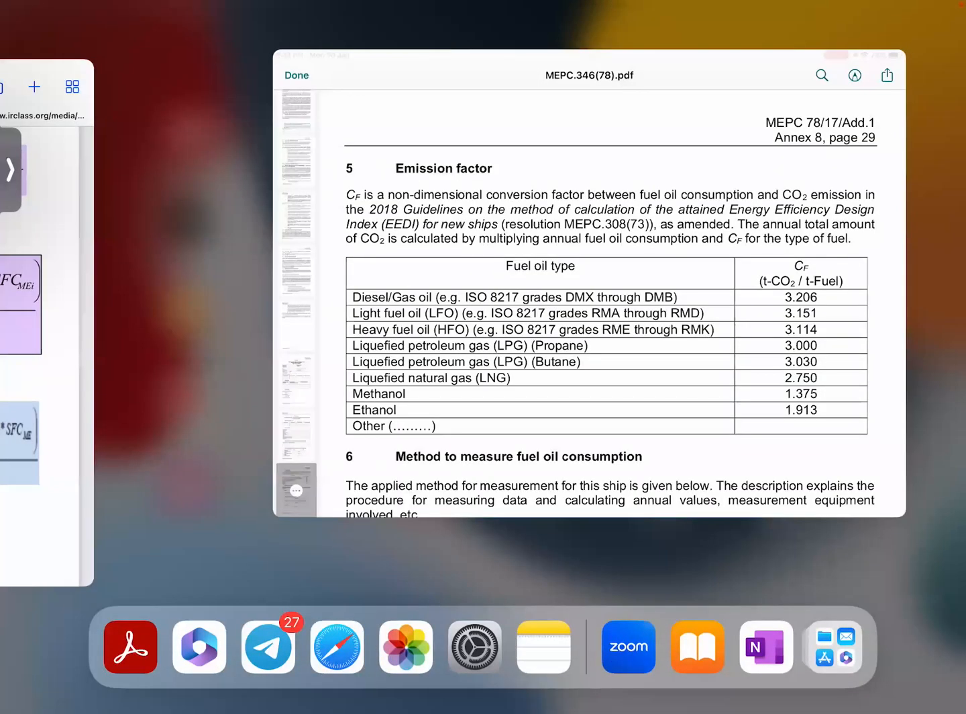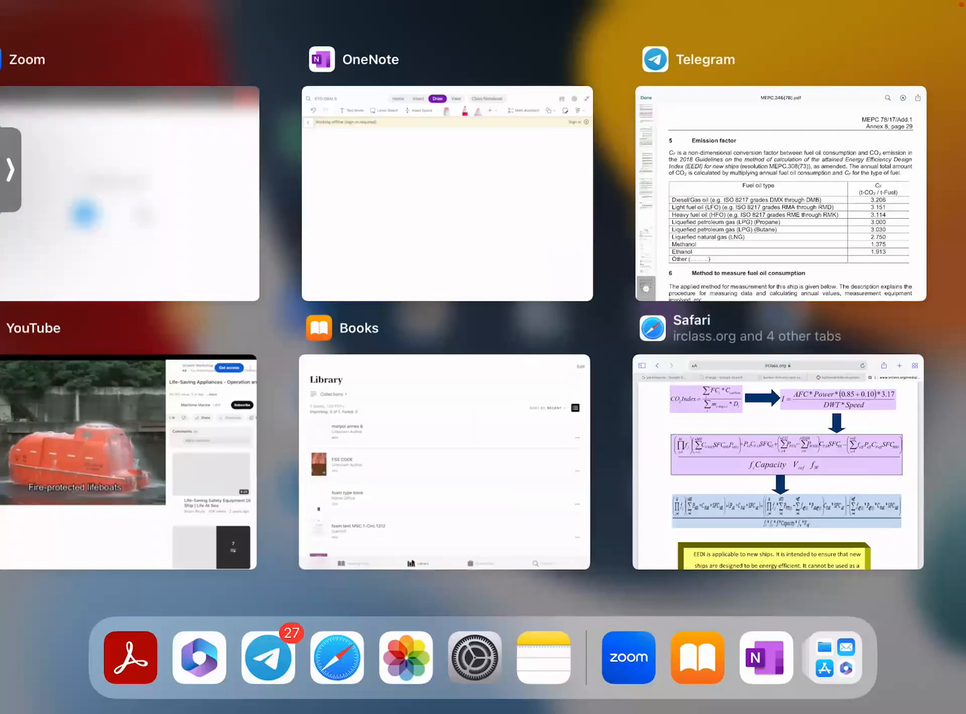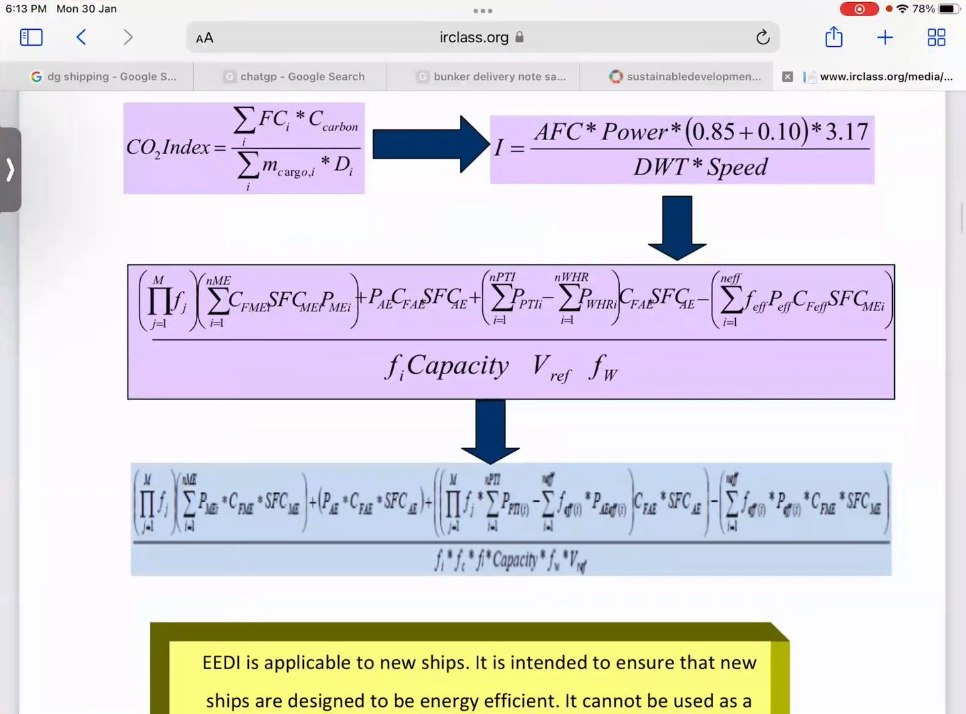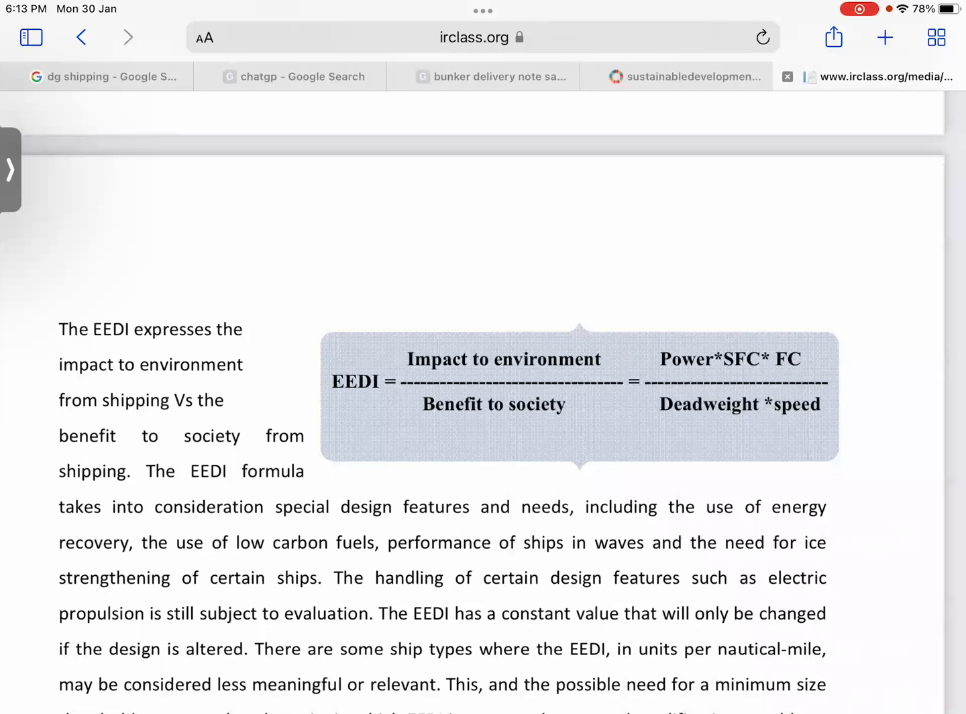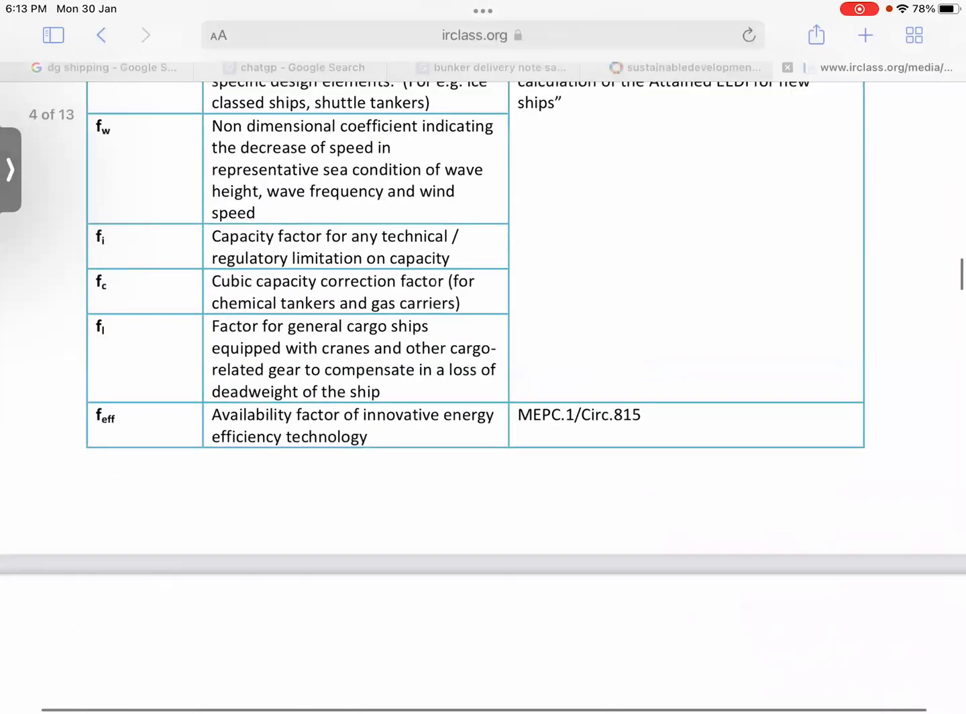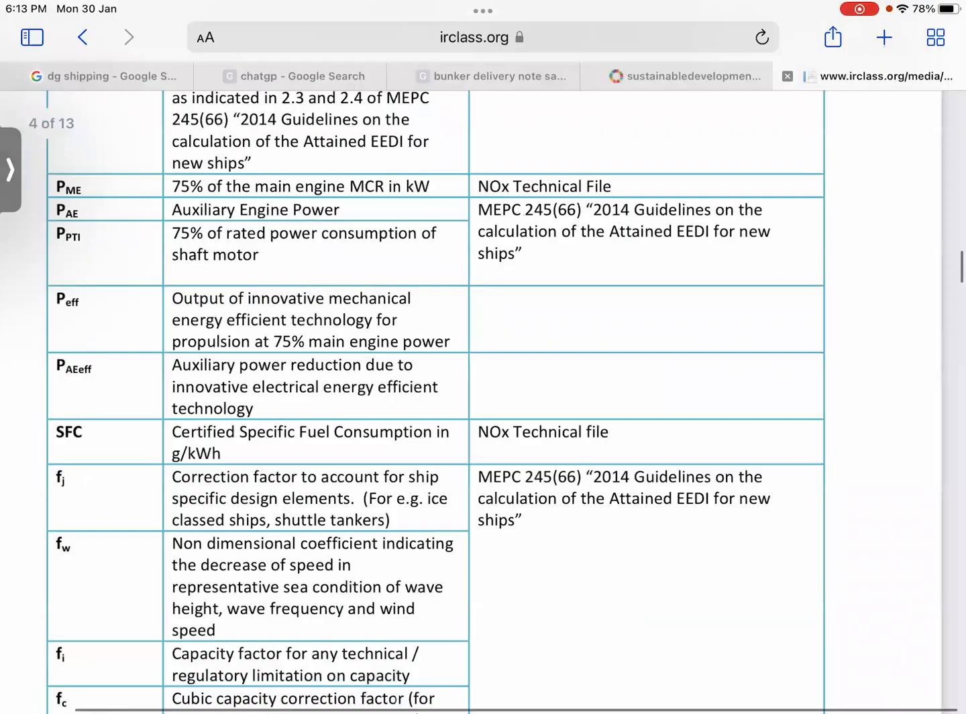You see over here, that is CF, carbon factor. FC is the carbon factor. They have written FC, it is CF actually. Okay, sir, CF. I have written FC. Okay. No, I'll just show you over here also. If you see,